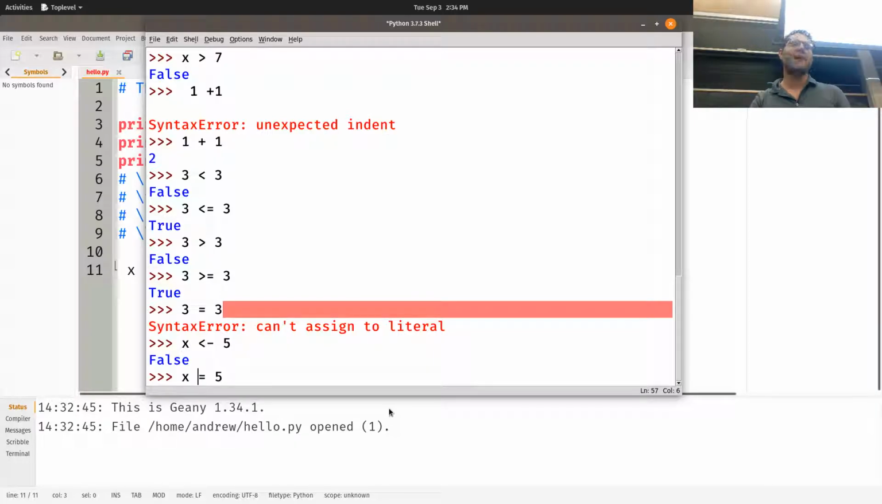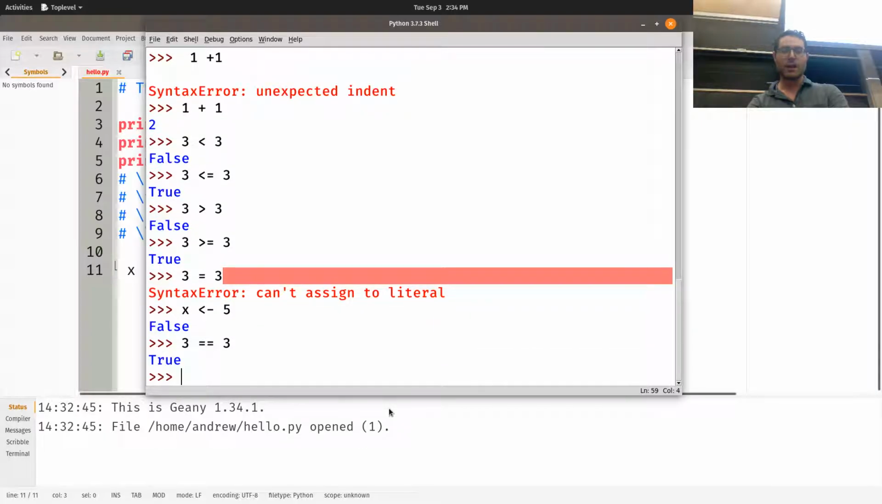So how do we compare and check if two things are equal? Well, we use double equals to do that. 3 double equals 3 means that we want to literally check if those two things are equal. True is true. By the way, we can do true and false values on things that are not